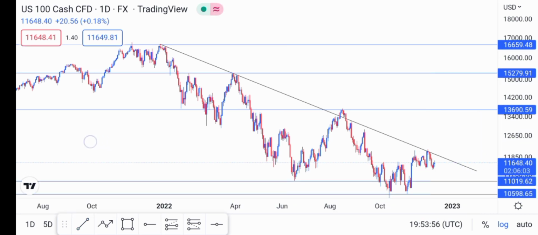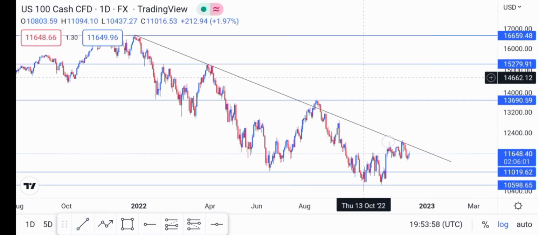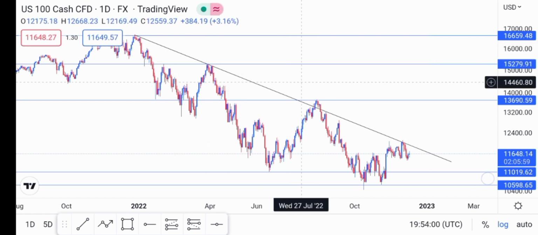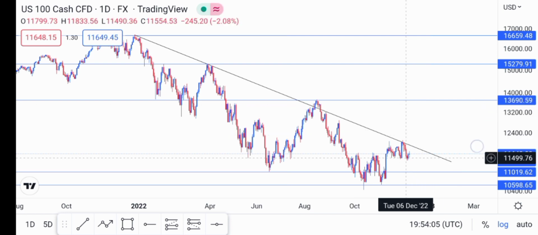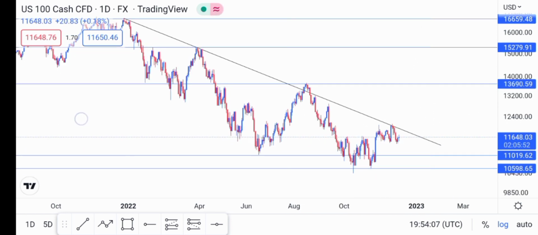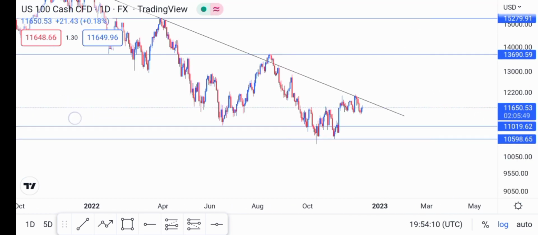Okay, so we can see that the market has been pushing from that point right over there to this point right over here to the lower side. So we had a touch right over here. So I'm anticipating sell movements as you've seen the fourth touch on the market. Bear in mind,